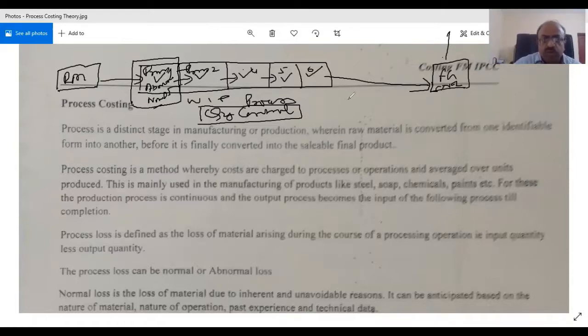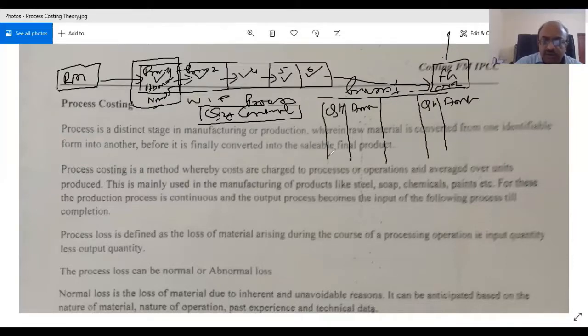Therefore, when you do process costing, it is like a ledger account. This is process 1, but this is amount. Normally it is amount only, like in cost records when we did them. But here that is not enough. We have to also have a quantity column. So first we will control the quantity. We will have to analyze the quantity. Only then do we go to value. If you are able to understand this, then process is very simple.